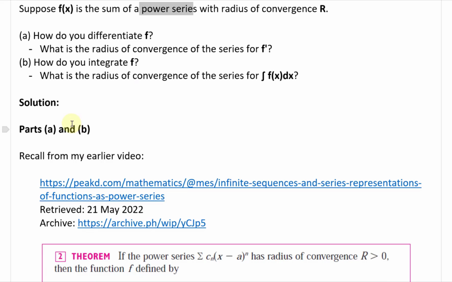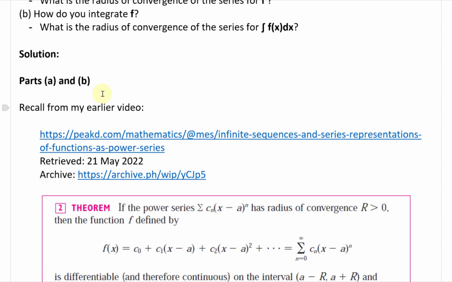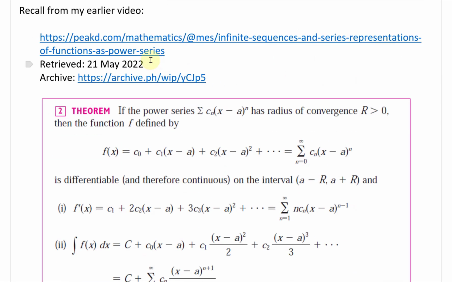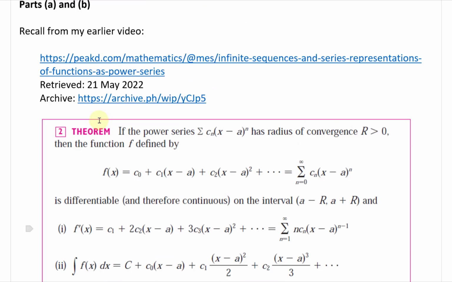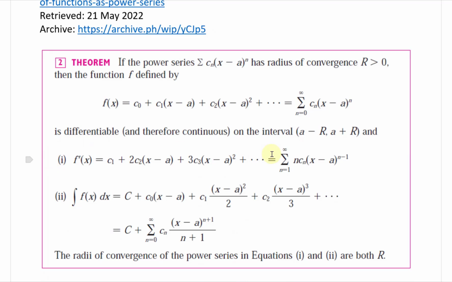And so the solution for both parts A and B, recall from my earlier video on representations of functions as power series, and here is that differentiating theorem and integrating theorem. So this applies for both, because the first one is the derivative, the second one is the integral. So if the power series, written in general form, summation of Cn times x minus a to the power of n, has radius of convergence r greater than 0, so that's it has a radius of convergence,